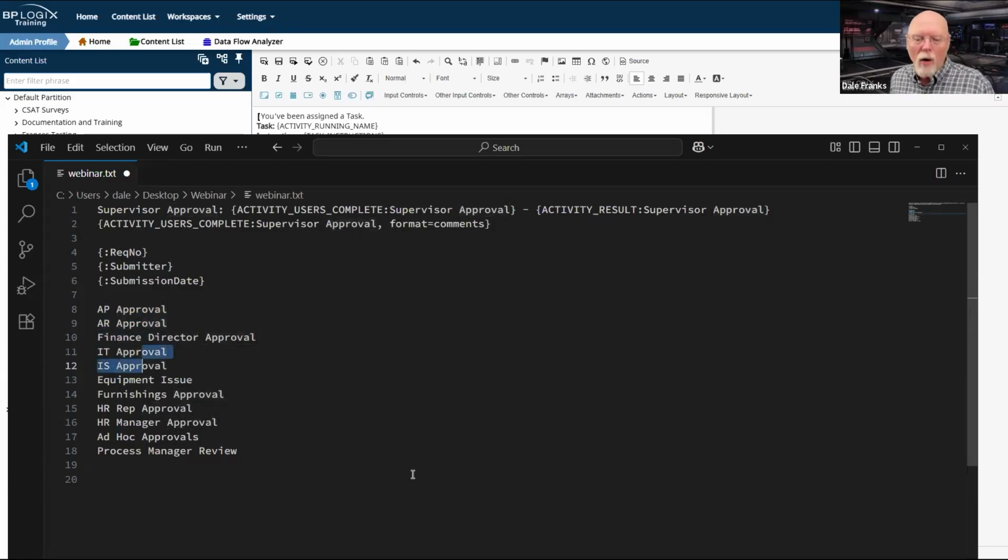These activities are only going to run if I am running in an IT request. And the same is true for facilities and for HR. Even more interesting is what happens here with the accounting stuff, because this is where I've done all of my customization. So for some requests, AR approval, accounts receivable, will never run, while for other requests, accounts payable approval will never run.